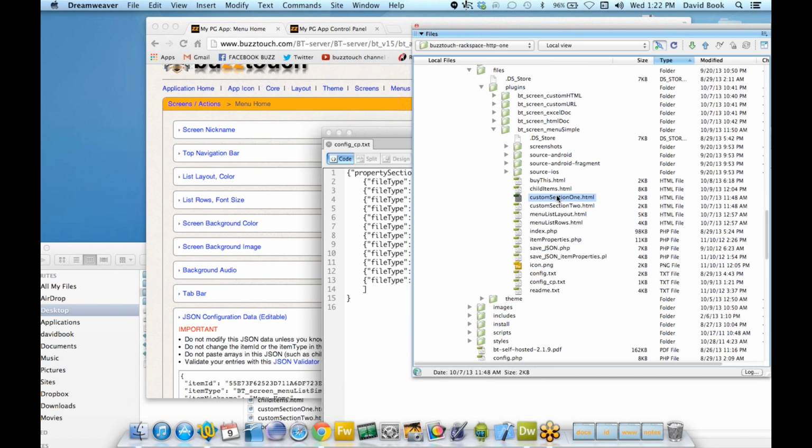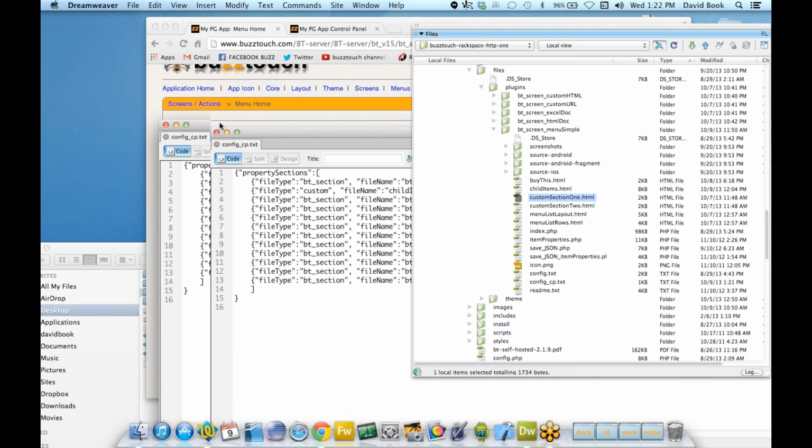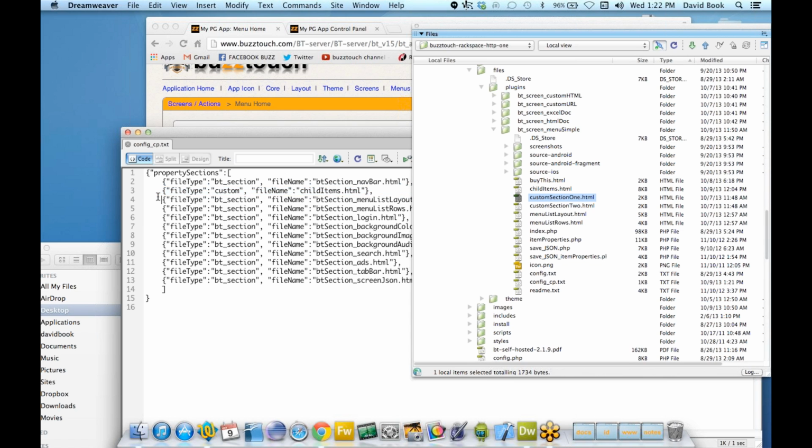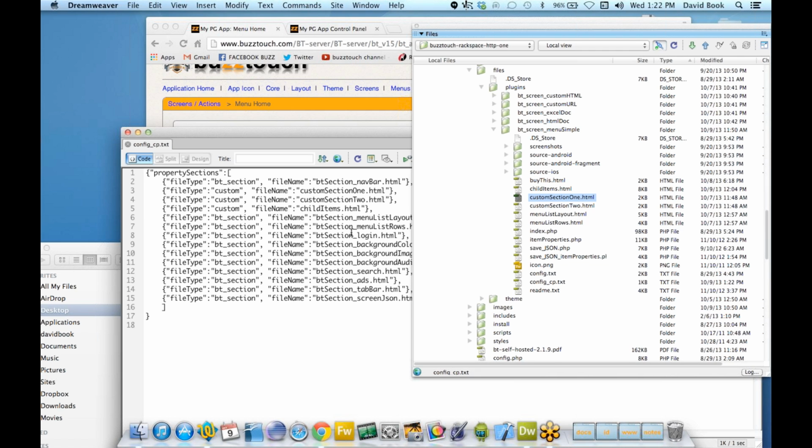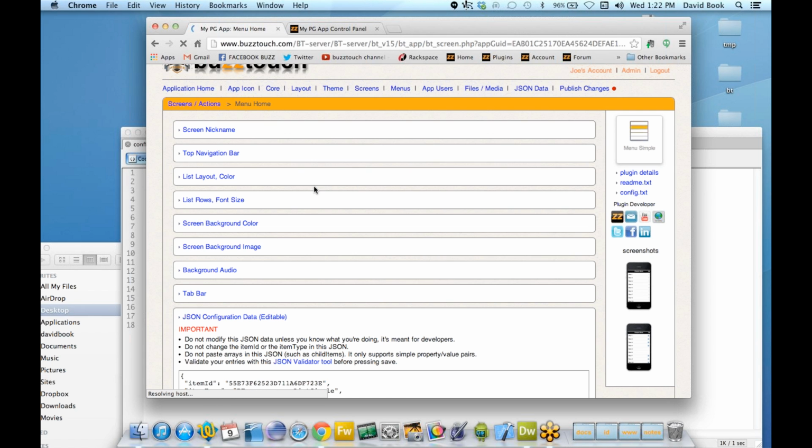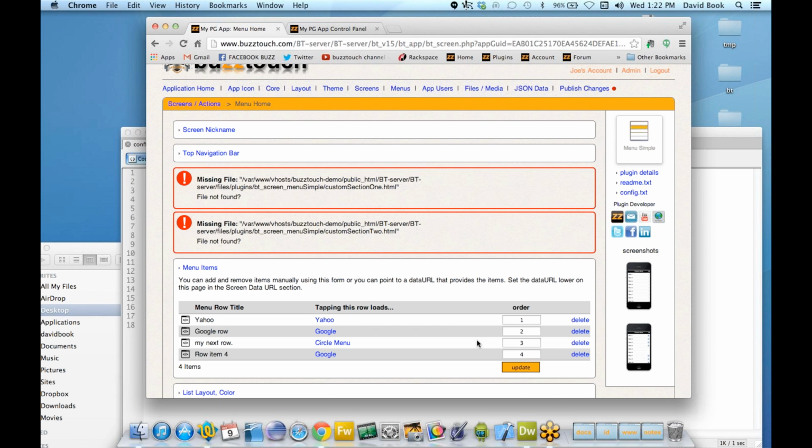and it would just be a little HTML file, like I've got one in here called custom section 1. So you can have as many as you want. And these custom sections are inserted into the plugin screen. Let's put it right above the child items. So this is a custom section, and its file name is custom section1.html. Maybe I also want to do custom section2. We'll include these in our plugin. So now when the plugin loads,